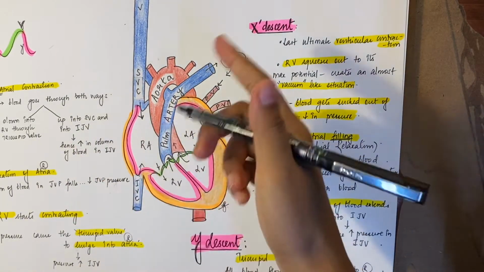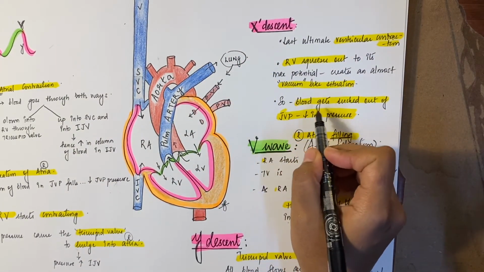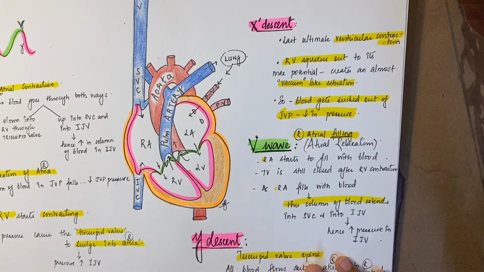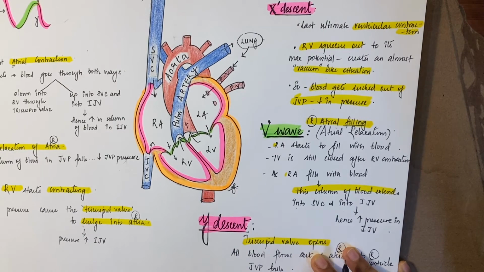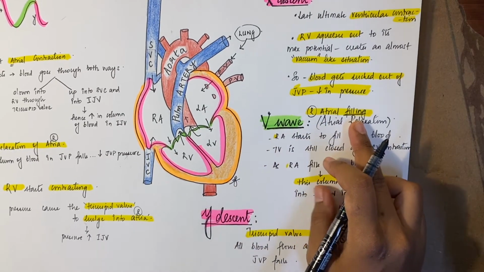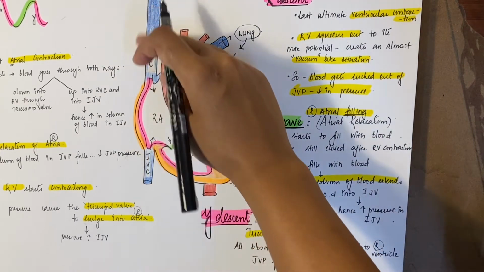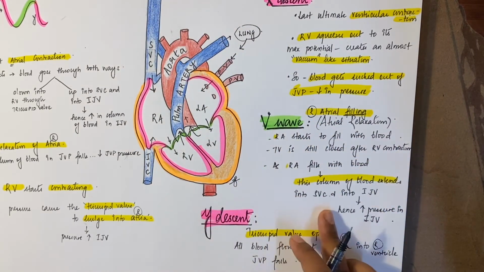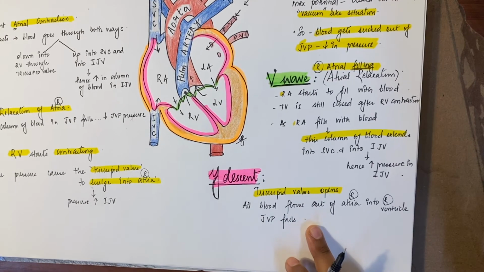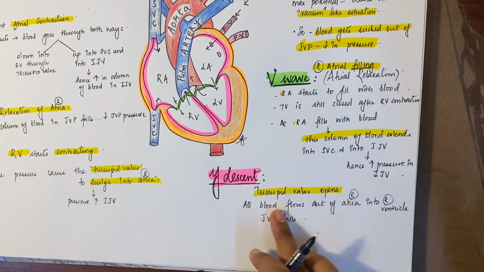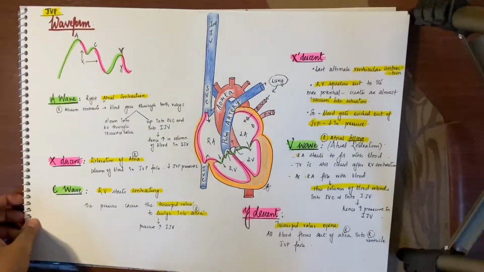It becomes really constricted, trying to push out all the blood it has. It creates an almost vacuum. The atria expands and the blood drains from the IJV into the atria through the superior vena cava. V wave is right atrial filling. Due to that, there is a lot of pooling of blood in the IJV. Y descent is due to the opening of the tricuspid valve. Because all the blood flows from the right atrium to the right ventricle, the level of blood falls in the IJV and the pressure falls in the IJV.